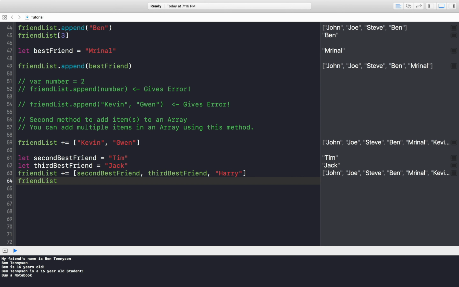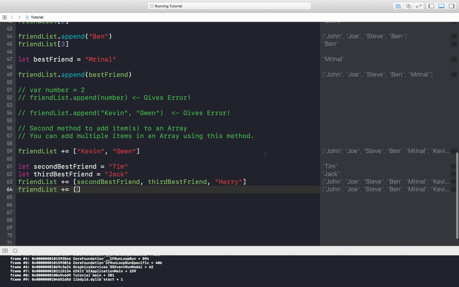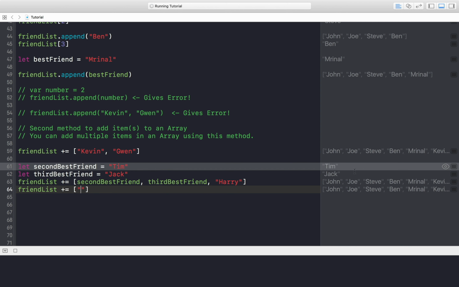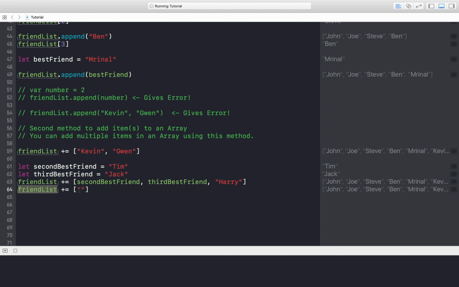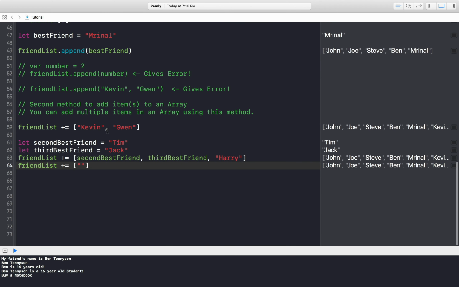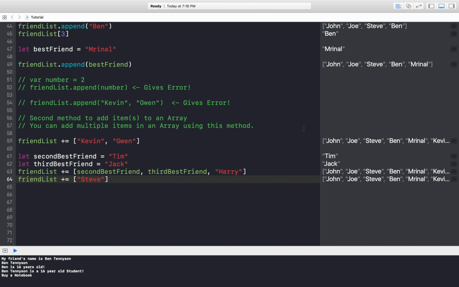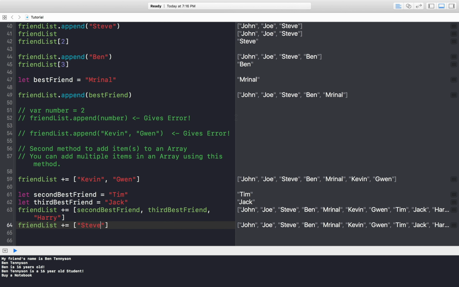So I'll just demonstrate it with an example. Plus equal, let's say you have two friends with the same name, so they share the same name, but you want to have both in this list regardless of their same names. So let's have Steve right here. Let's try and add Steve using this method, and we see that we do not get an error. That means you can have